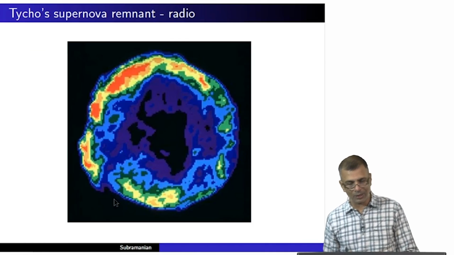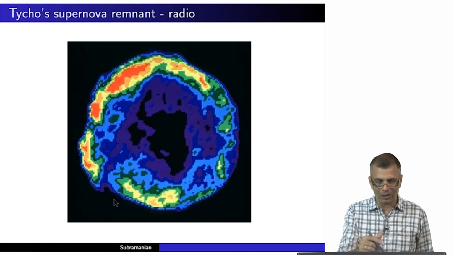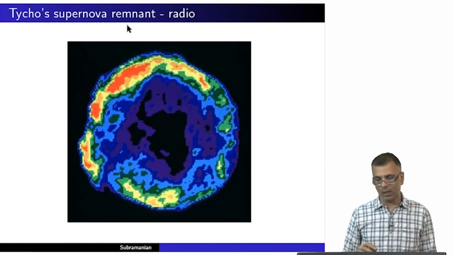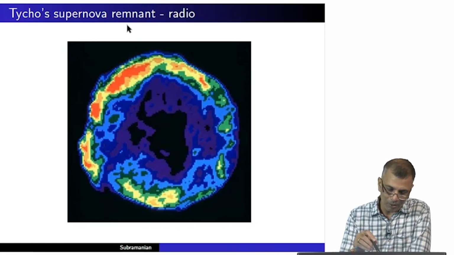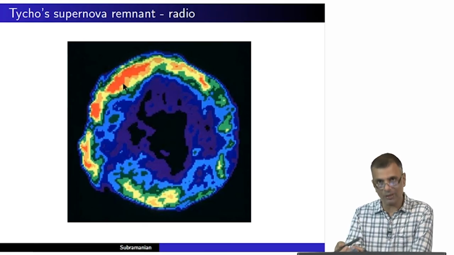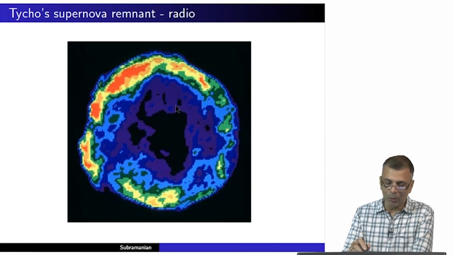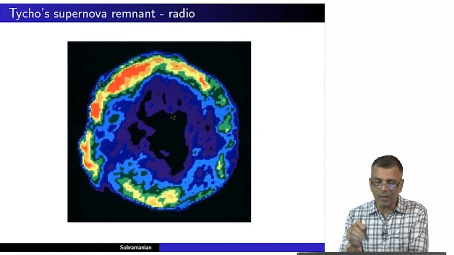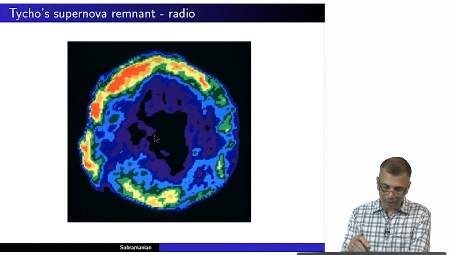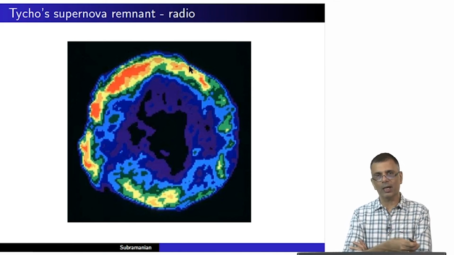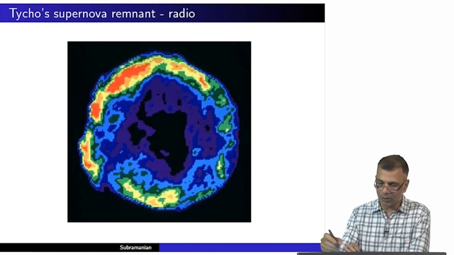And here is another very nice picture of the same object, Tycho supernova remnant, except this is only in radio. Now the color scale is such that red represents highest intensity, yellow represents the next lower level of intensity, and blue and black represent lower intensity. So what this is saying is that at radio wavelengths, this Tycho supernova remnant is brightest at the rims. And we know that this radio emission is produced